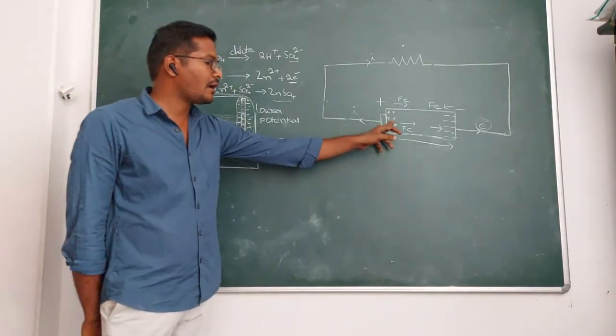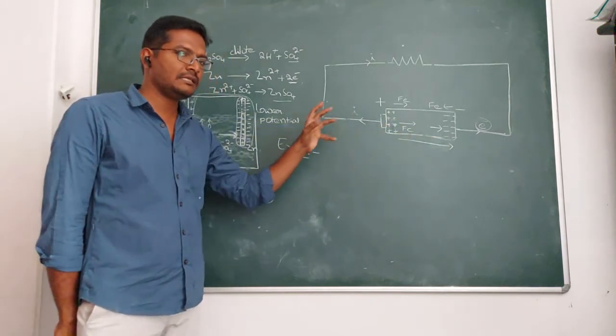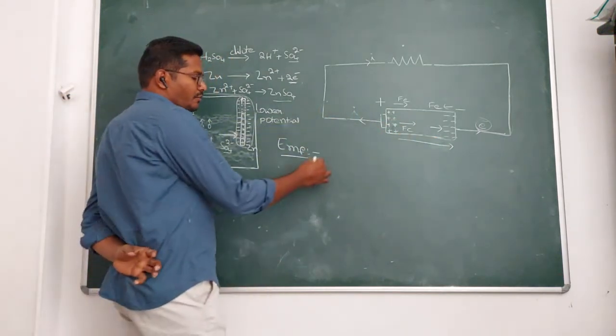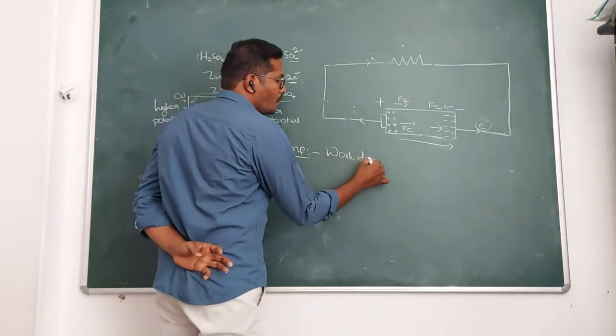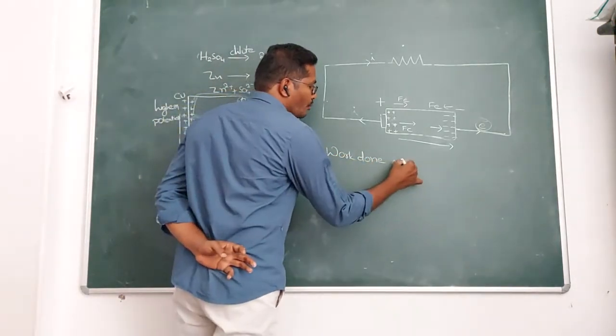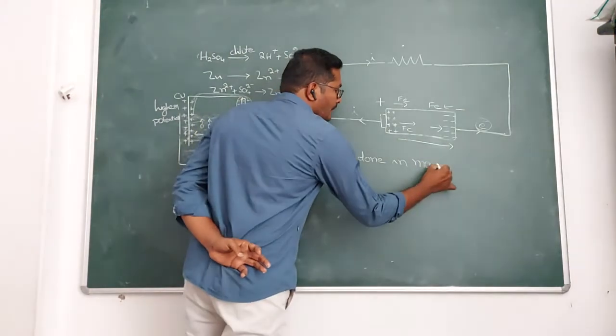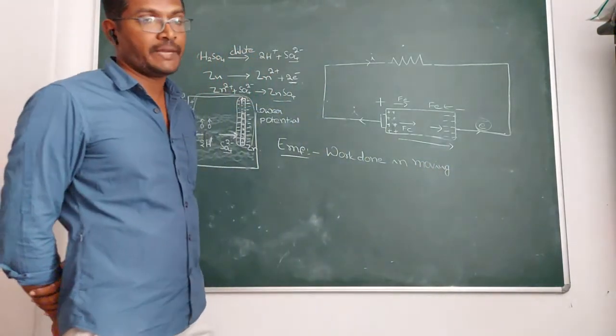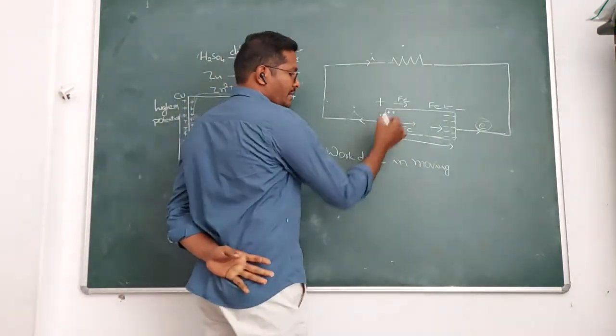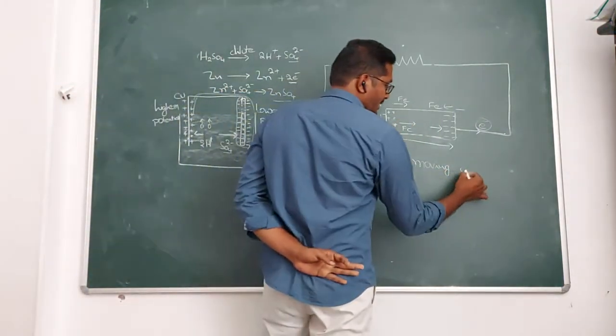So electromotive force is nothing but work done in moving a charge, either a positive charge or a negative charge, but in the metallic conductors it is a positive charge. Work done in moving a charge,